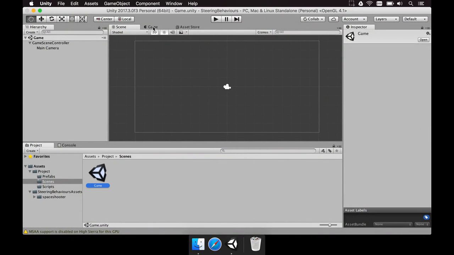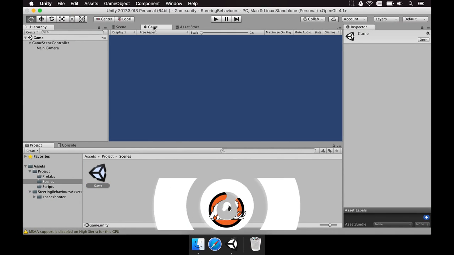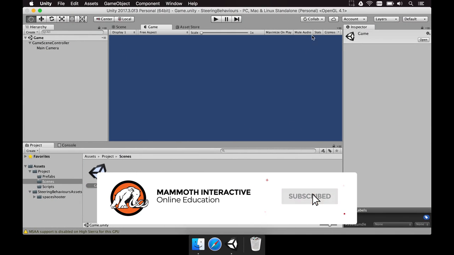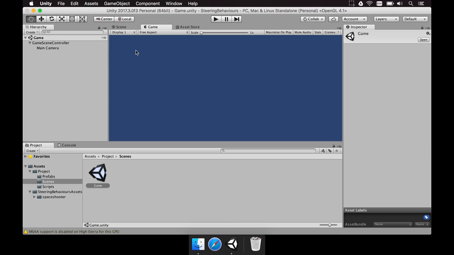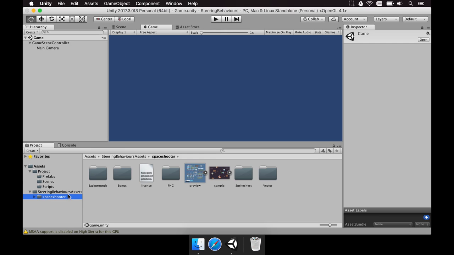If you look at the game window, right now, if you just click here in the game tab, you're just going to see this blue image, which means that there's nothing going on in this specific scene. Since we're making a ship game, something that takes place in space, it's interesting to show a few stars here. And the good thing about this Space Shooter asset package by Kani is that if you go